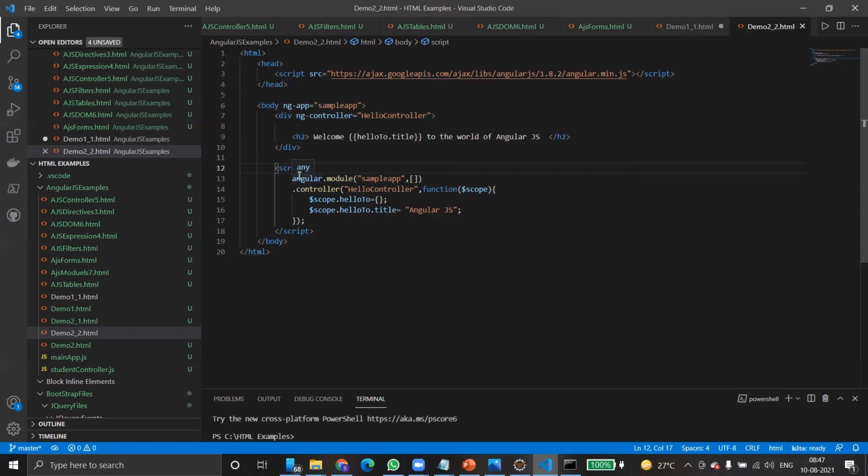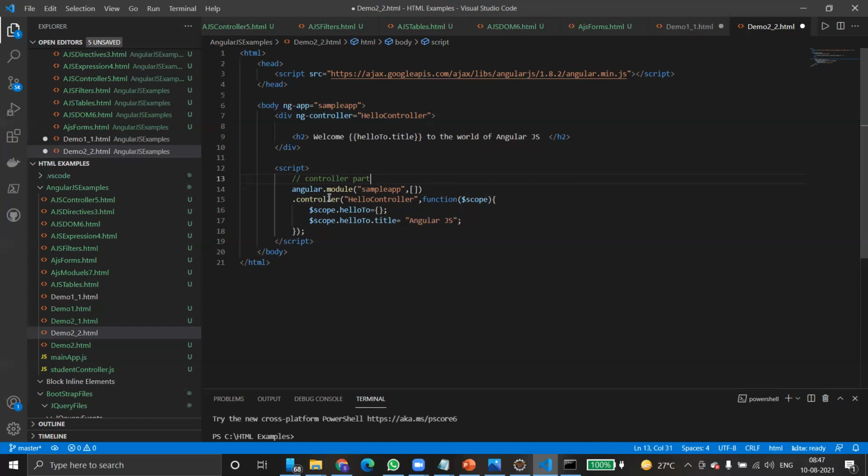This is the entire thing where we have used angular.module. This is the controller part. See what this controller part does. The code, whatever you are writing, registers a controller function.